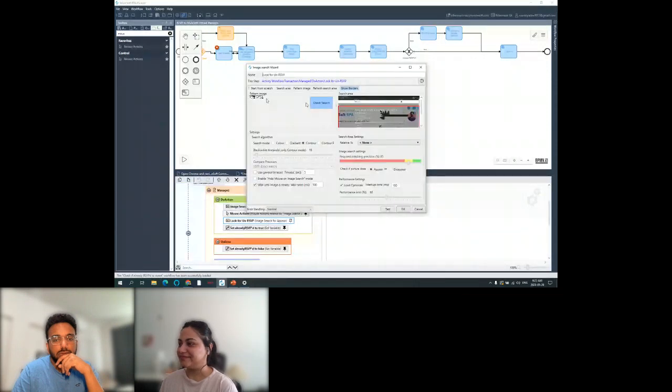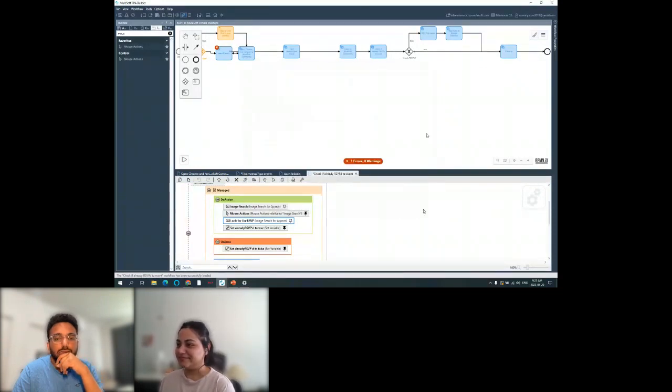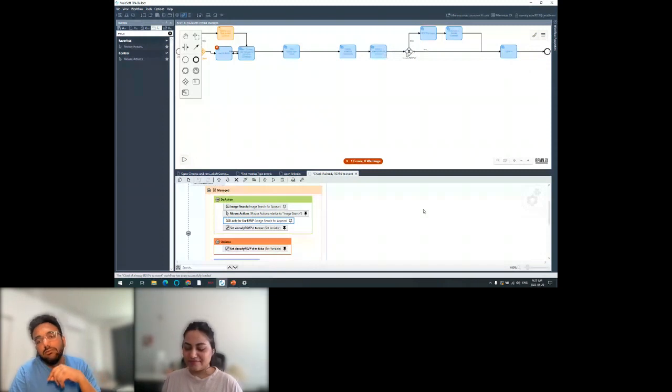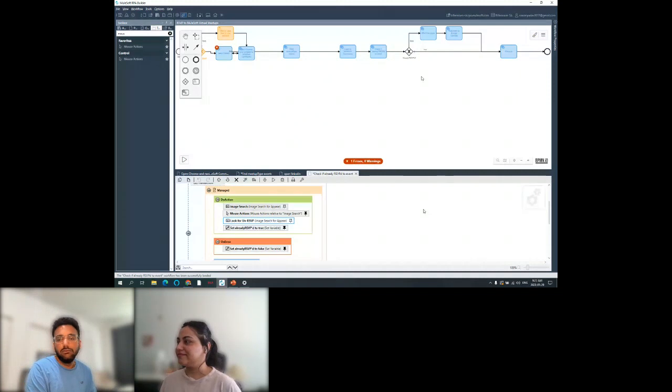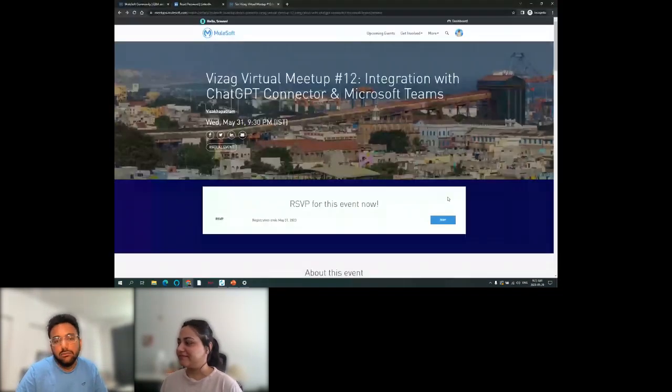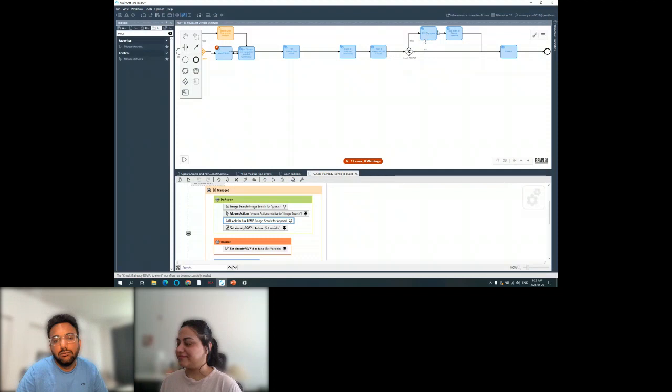If there is an RSVP, that means you have already registered, correct? Then there is no reason for you to do the registration again, right? So there is this gateway that we have, true and false, where I have said that if it is an RSVP, which means true, then clean up, done. There is no task for us to register for the event again. If it is not showing RSVP, then you have to do the whole process, like RSVP to the event and add it to Google.